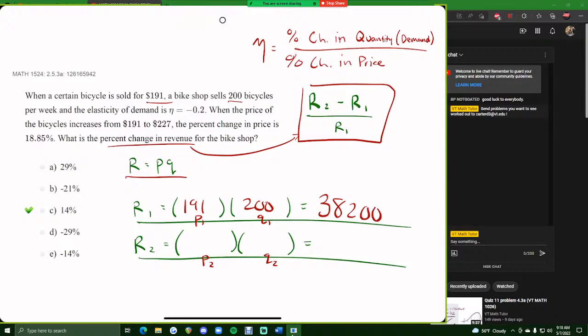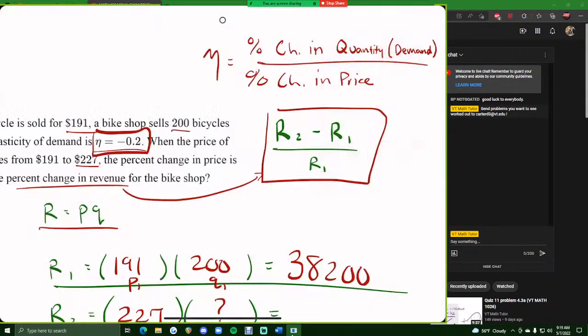And then the second price they tell us is the 227. So we're 3/4 done with what we need to find. The only issue really is we don't know what the second quantity is. They don't tell us. So we have to use the information given to calculate what that is. How do we do that? We are given the elasticity is negative 0.2 and we are given the percent change in price is 18.85%. We plug those two values